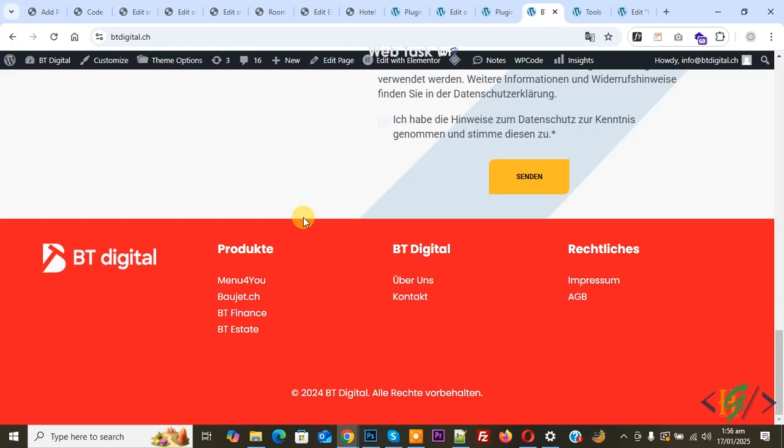Bismillahirrahmanirrahim. Assalamu alaikum. My name is Hassan and today we are going to fix images show gray background before image